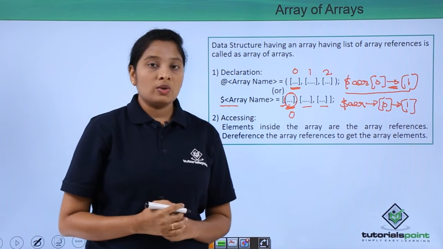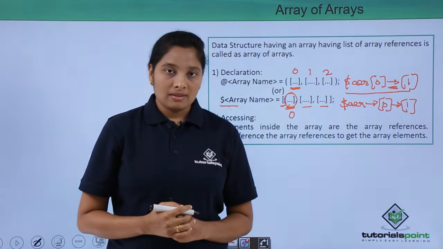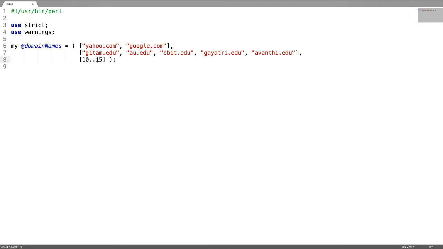Now let us look into a detailed example. In this program, I am going to create and generate an array of arrays. Firstly, this is my array of arrays where it has 3 array references. This is the first array reference having each scalar ending with the string com, this is the second array reference having each scalar ending with edu, and this is the third array reference having numbers ranging from 10 to 15. In order to access each array reference,